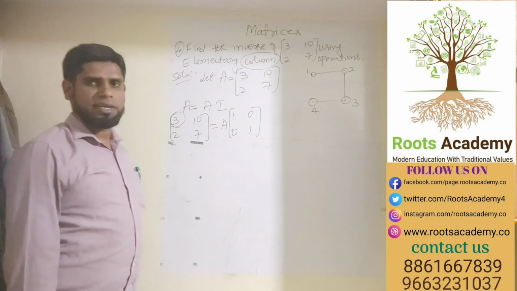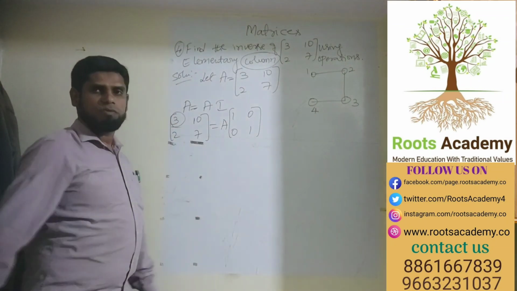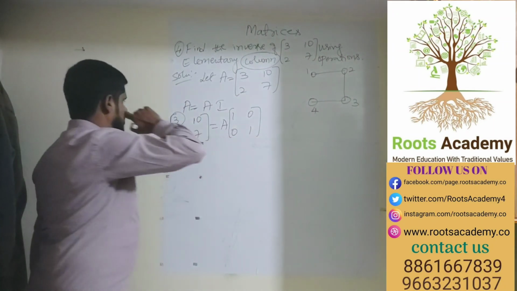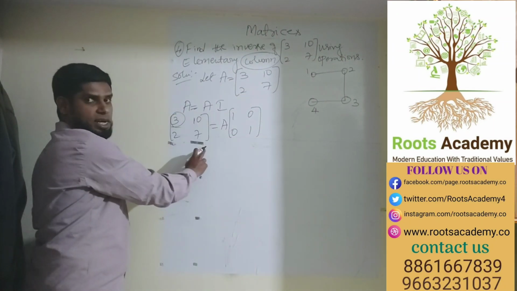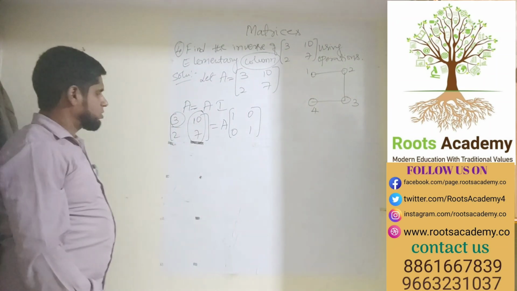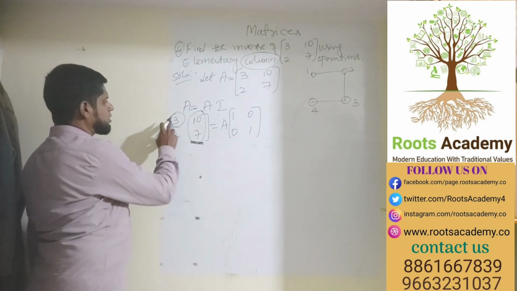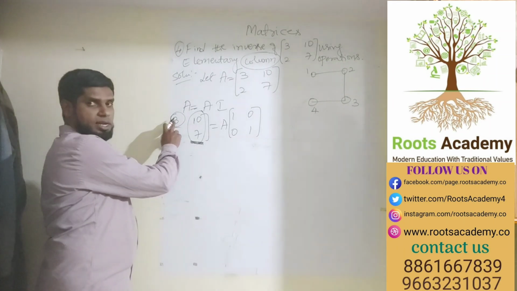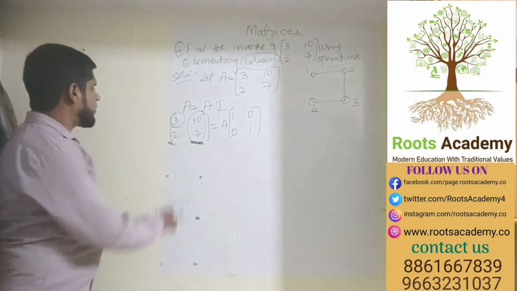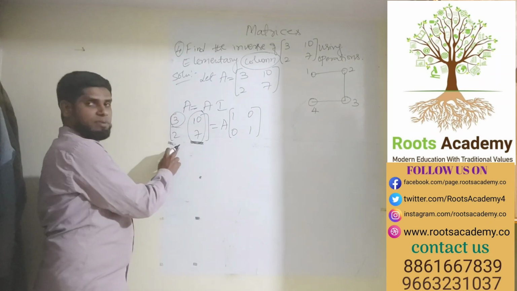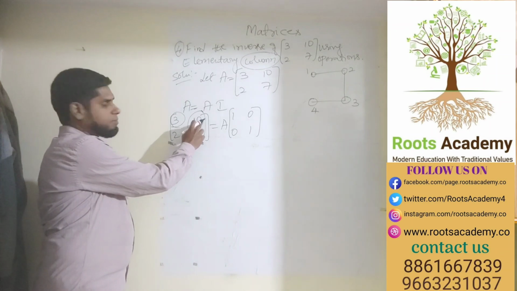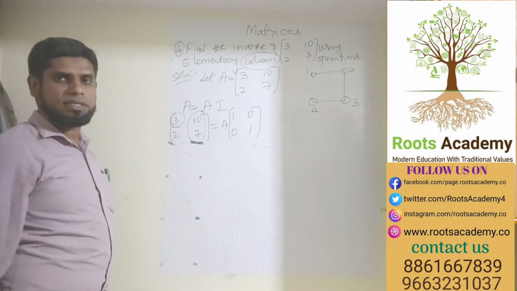So then what is the next method? If I am not dividing by 3, what should I do? See, it is column operation. So this is the first column and this is the second column. I should take the help of this now. This is 3, already 3 is there. So I will multiply the first column by 3 and subtract it from this. If I multiply by 3, I will get 9 here, and it will get subtracted from 10. 10 minus 9 is 1.